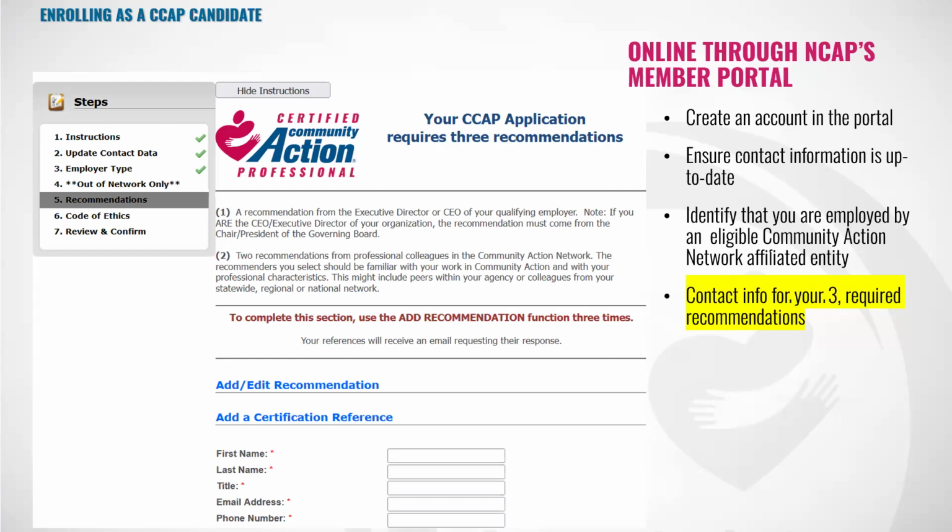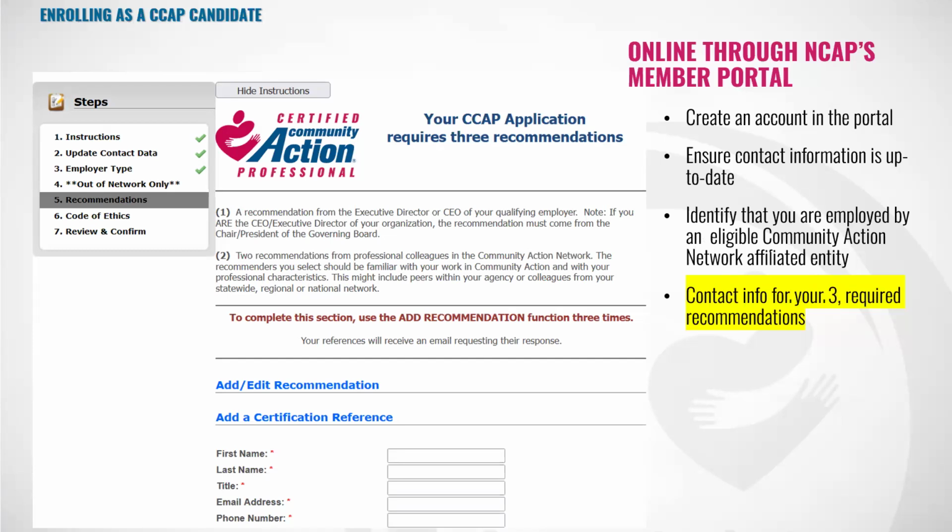We're going to send an email to George right now. If George's email wasn't put in correctly, guess what? He's never going to receive that email. So make sure you get those email addresses in there correctly the first time to make sure that that reference gets sent to the right person.